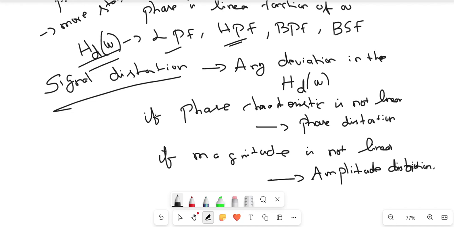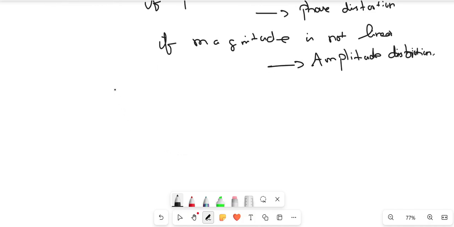So, what do you mean by filter? The filter passes only the band limited signal, for low pass, high pass, band pass or band stop filter. If there is any distortion in the frequency response H of omega, then the signal will be distorted. If phase is not linear, then phase distortion. If magnitude is not linear, it is amplitude distortion. And also the ideal frequency response, or the desired frequency response,